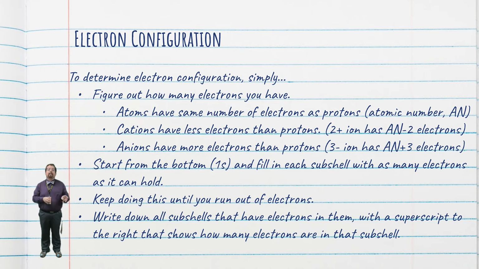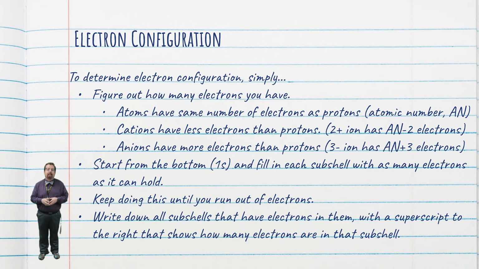Remember, s's hold up to 2 electrons, p's hold up to 6, d's hold up to 10, and f's hold up to 14. Place your electrons in the 1s until it's full, then move on to the 2s, and then the 2p, etc., etc. Keep doing this until you've run out of electrons. To write the configuration, we simply write down all of the subshells that have electrons in them. Then to the top right of each subshell, we write a little superscript that tells us how many electrons are